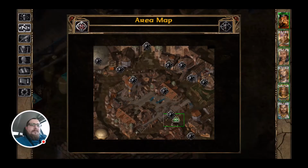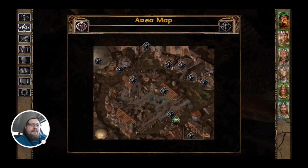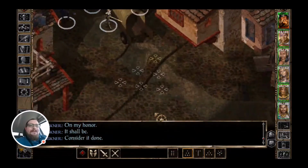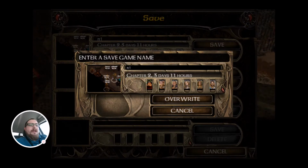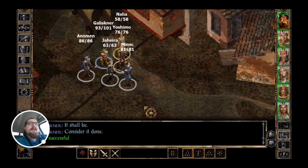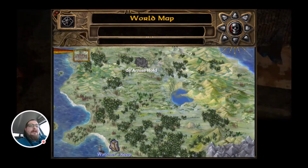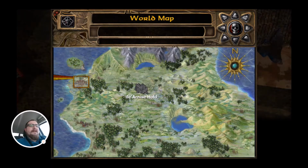Let's see the map. So I need to get down here. All these places we can go to. One of the wonderful things about the Baldur's Gate series is that it's non-linear to an extent. Non-linear meaning you have a choice, kind of like Elder Scrolls games, where you can go wherever you want to go. Some places are linear in the respect that you need to accept a quest to unlock the area on the map out here. See now, Darnice Hold is there because she put it on our map. So our party doesn't know what's out here yet. And also traveling to the edges of each of these areas can reveal new areas to explore as well,